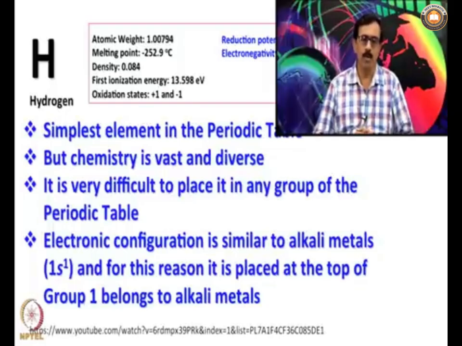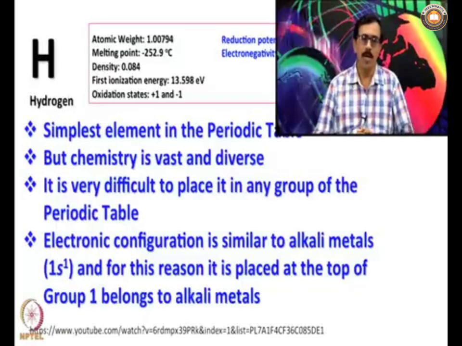With one electron, it resembles halogens because it requires one electron to complete its octet. That means having two electrons to achieve the next inert gas configuration, that of helium. Similarly, halogens have s2p5 electronic configuration, that is, they are in need of one electron to complete their octet and attain the next inert gas configuration. So then there is a dilemma where to keep it. We can place it comfortably along with halogens.